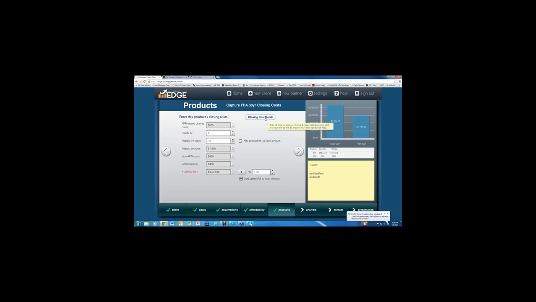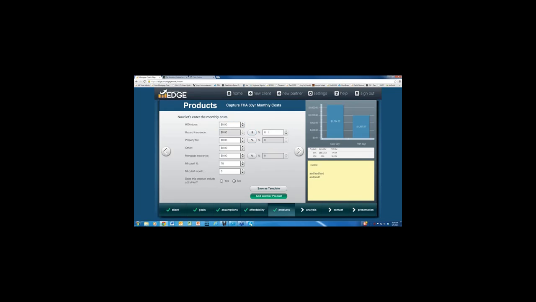Okay, so we went ahead and applied the fees to loan amount, and again it applied all the fees. My APRs are a little low. I should have had an origination fee, but if you add your fees, you'll increase that amount. Let me advance our screen, and again, I'm just going to put in our 0.35,